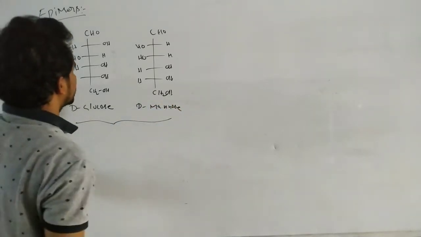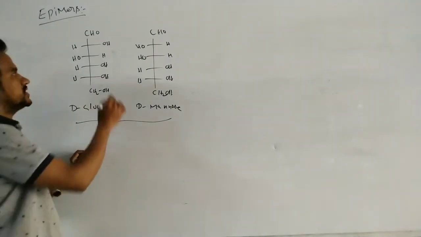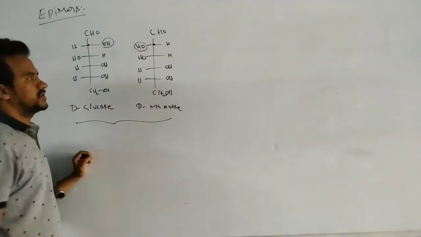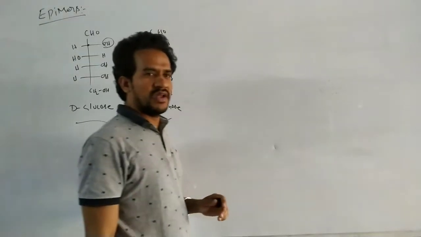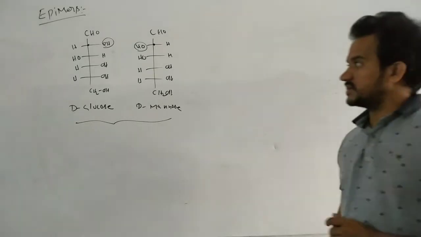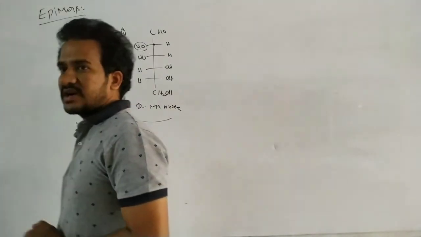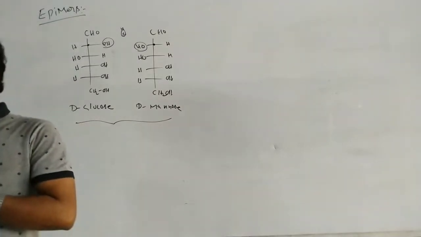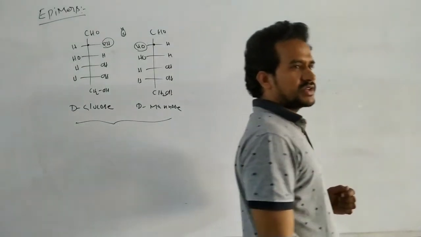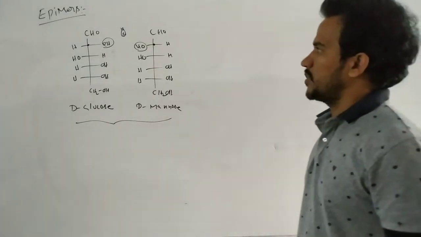These two have different configuration at only one carbon. Here OH on the right side at this carbon, OH on the left side at this carbon. At remaining all carbons configuration is same. Okay, these are the diastereomers. These are not mirror images. If they are the mirror images, those are called as enantiomers. So pair of diastereomers which have different configuration at only one chiral carbon, those are considered as epimers.